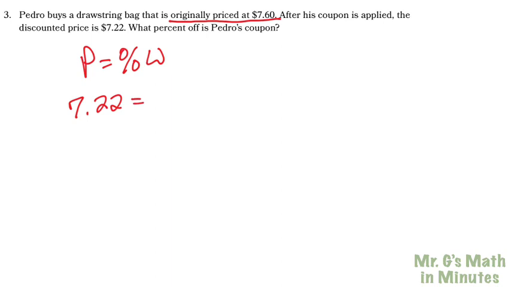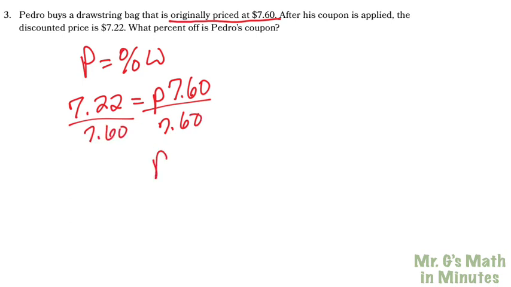So if we leave it like this, which most people would, we're looking for the percent, and the whole is going to be $7.60. If we divide both sides by $7.60, you'll see that our percent comes out to 0.95 or